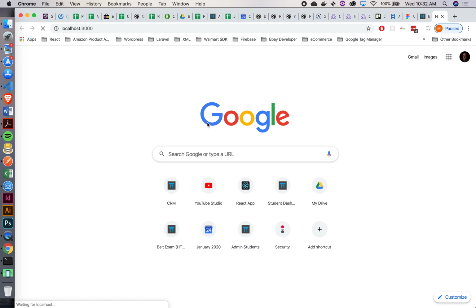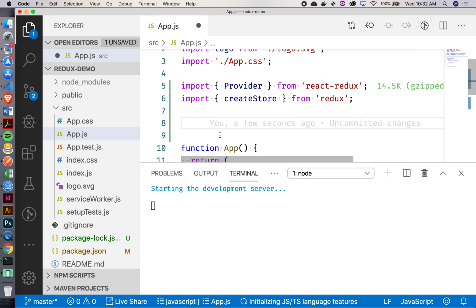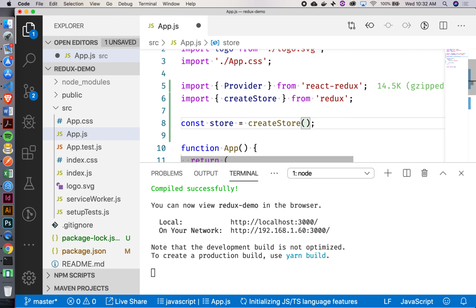Now, obviously, we're going to want to invoke that function to create our store, right? So let's do that. Let's say const store equals createStore, and I'm going to call this function. So the question is, what do we need to provide to createStore? This is where things get a little funky, and you guys will kind of have to follow along, because it'll seem a little weird. The first thing that we're going to pass this createStore function is what's called a